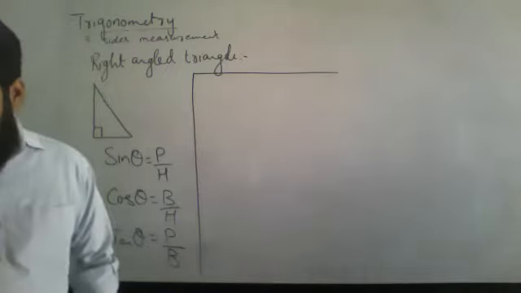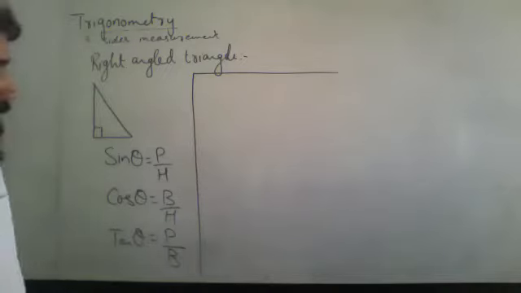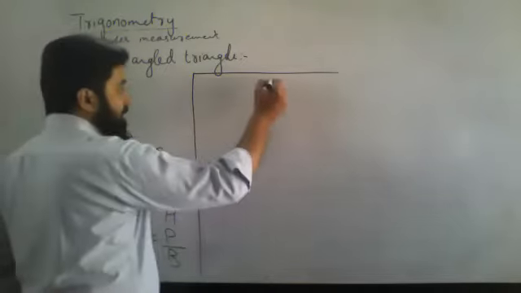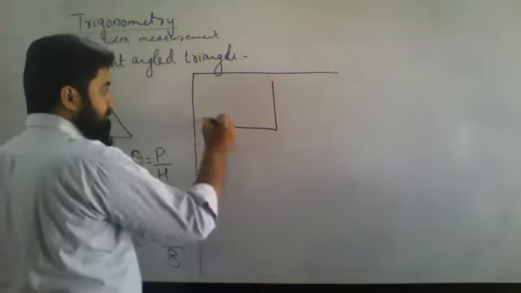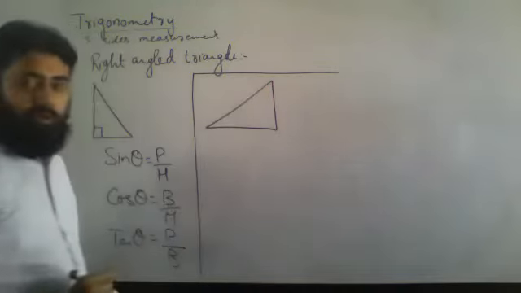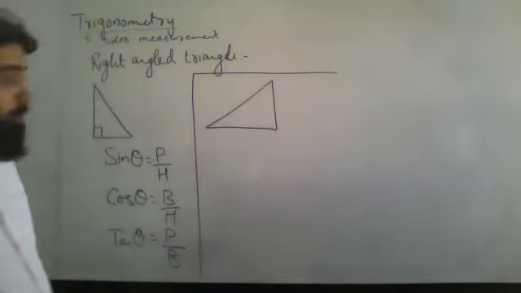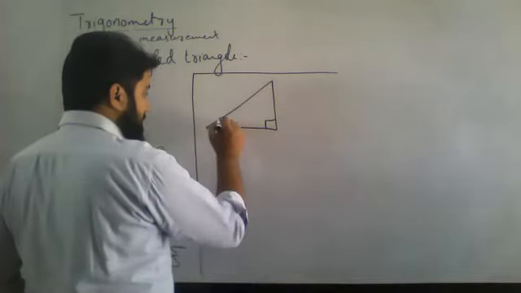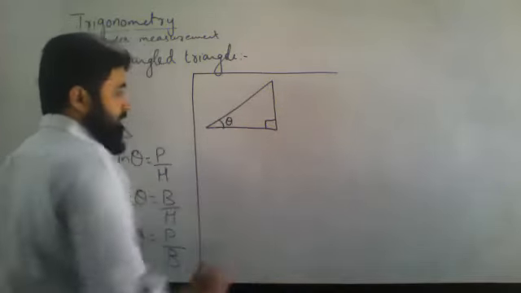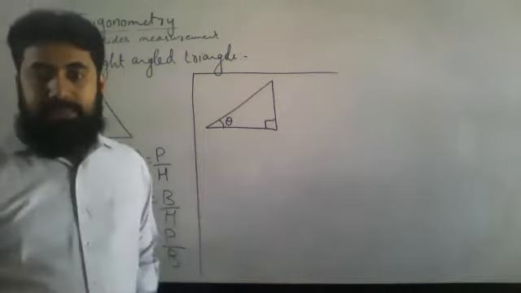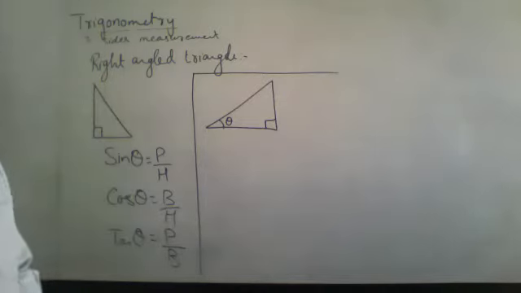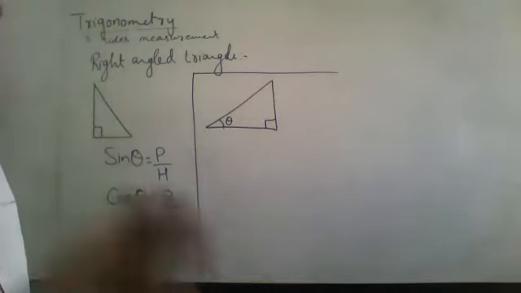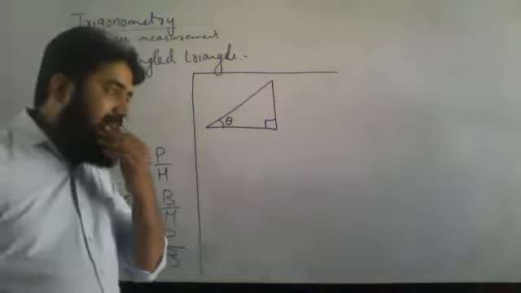Now for instance, they are saying that we have got a right angle triangle. Okay, fine, I have got a right angle triangle. Then they have told us that there is a 90-degree angle, and there is an angle theta. Now let's say they are telling us that